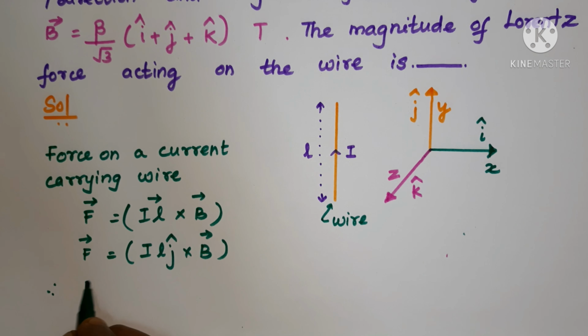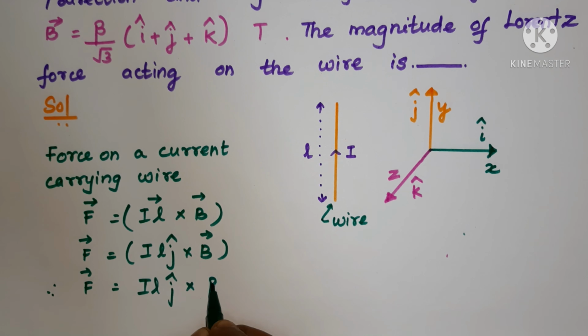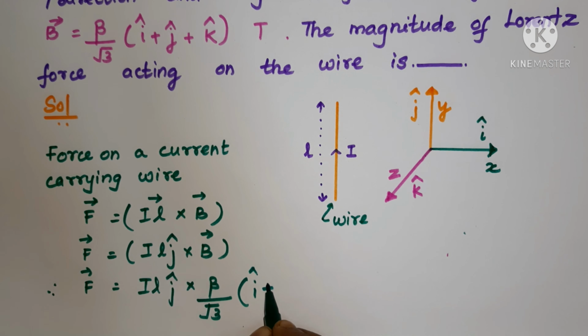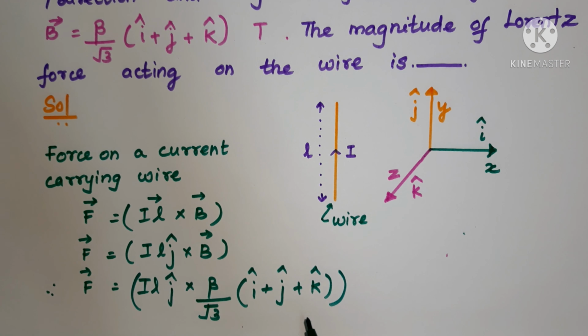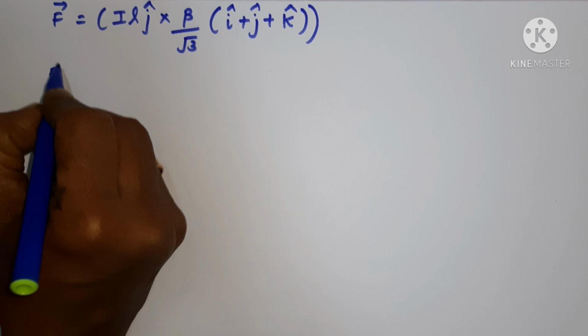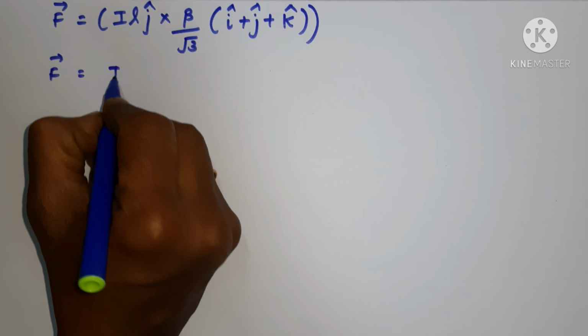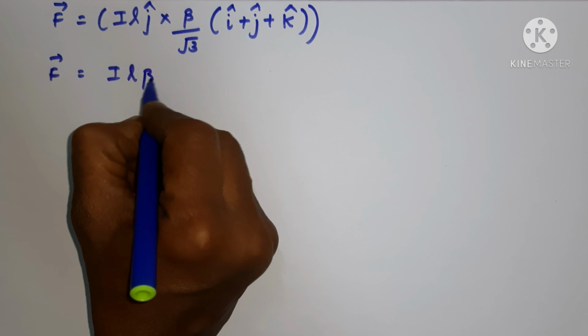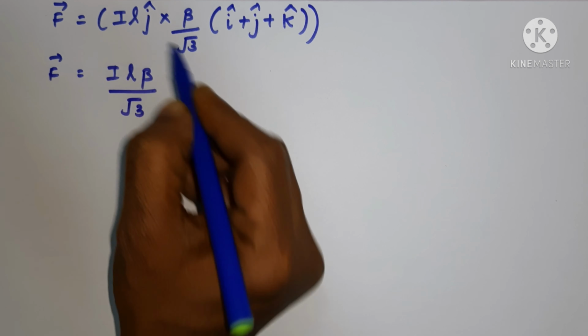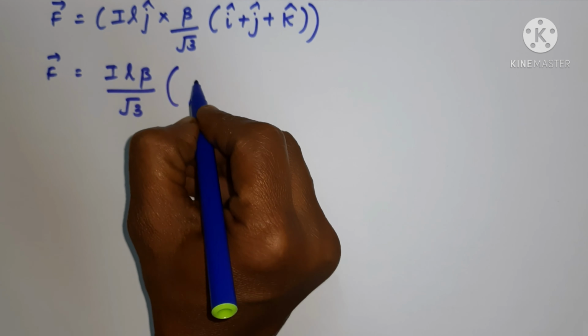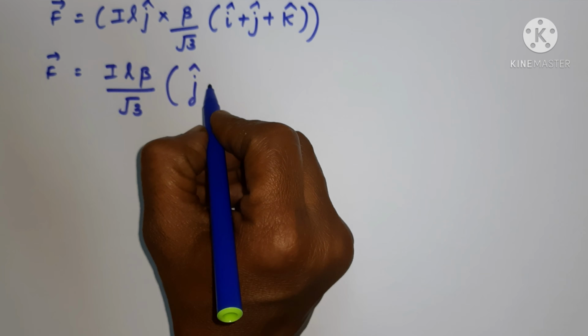Therefore, F vector is equal to I L j cap cross beta by root 3 into i cap plus j cap plus k cap. Now we can take this I L beta by root 3 outside the bracket and the remaining terms inside. It is j cap cross